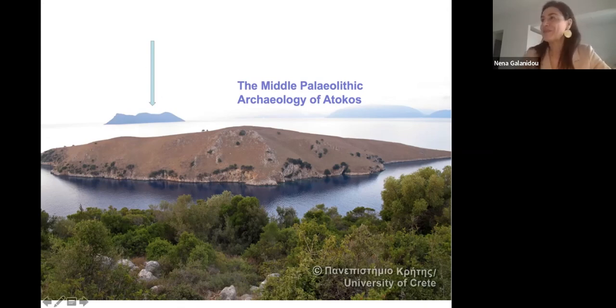What's happening here? We field walked Atokos. I have to say, although the Inner Ionian Archipelago is one geographic unit, we had to field walk Atokos during the second part of our survey, because Atokos belongs to a different effort from an administrative point of view. So we had to collaborate with the effort of Kefalonia, with Adonis Vasilakis, and field walk, discover Middle Paleolithic finds, and